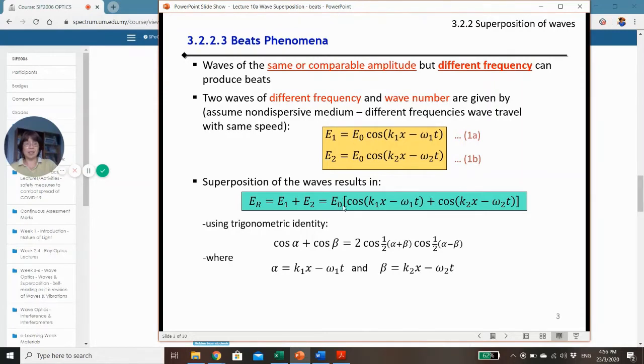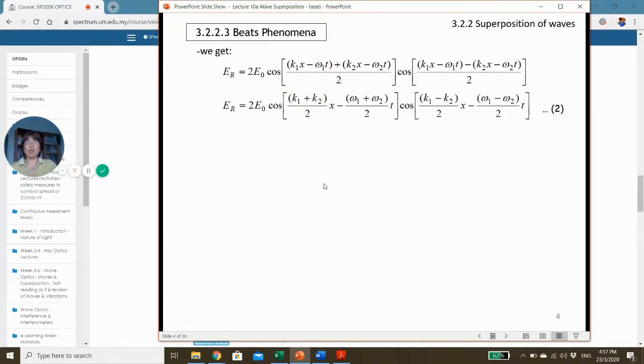Now we factor out the common amplitude, and using a trigonometric identity for cosine added to cosine, we represent the phase K1x minus omega 1t by alpha, and K2x minus omega 2t as beta. We can write it in this form, expanding and putting all the values in. So we have alpha plus beta divided by 2, and alpha minus beta divided by 2. Group the space and the time factors together,